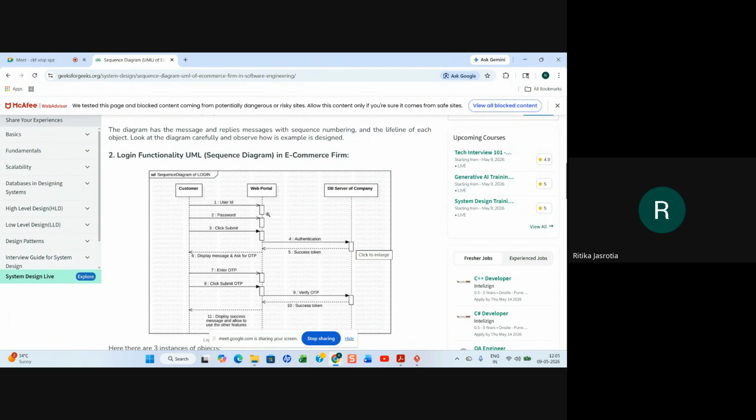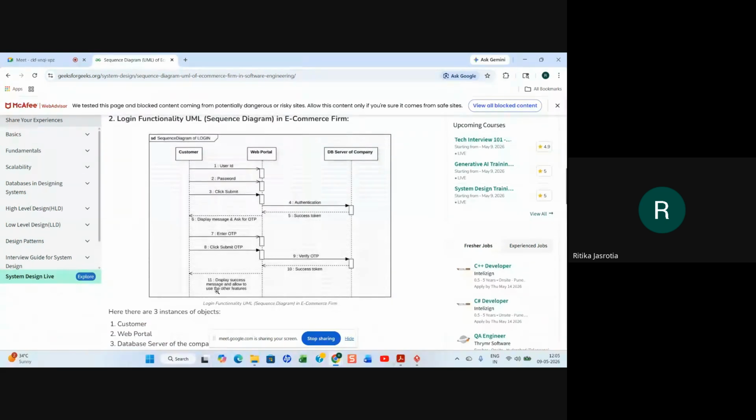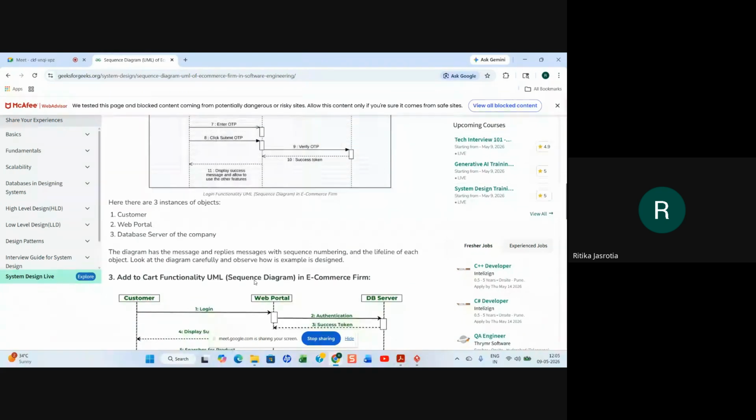Success token is sent back to the web portal, and then it displays the message and asks for the OTP. If OTP login is there, you enter the OTP, click submit OTP, and then the OTP is verified, and then the success token is given back and displays a success message and allows the user, and other features he can log in now. Just an example, any one functionality you have to.